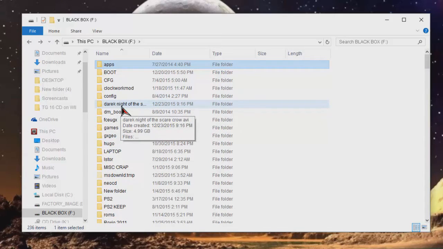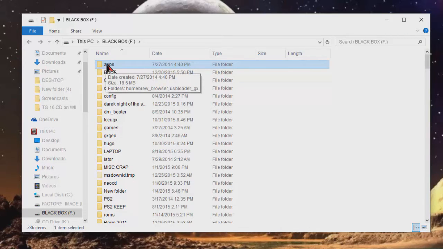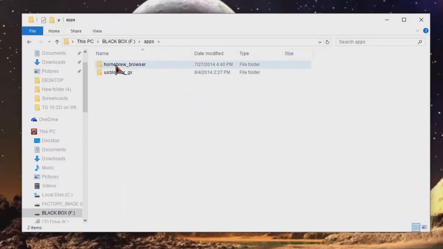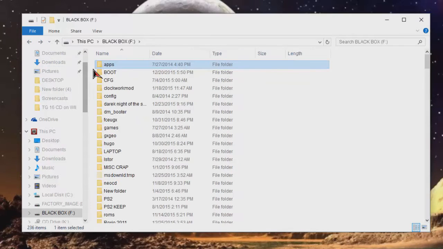This is my hard drive, but this same folder will be on your SD card, which will contain all your emulators and all that good stuff. This is my hard drive, so it's not going to have any of that stuff in there, but it gives you an idea. If this folder is on your SD card, then you would take the contents of what's in